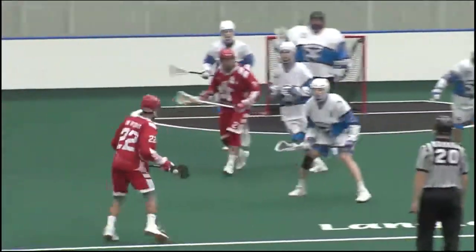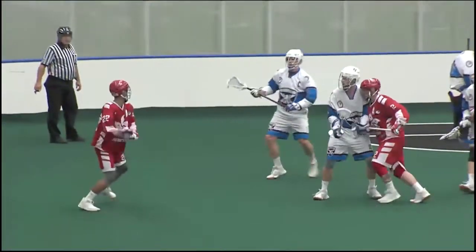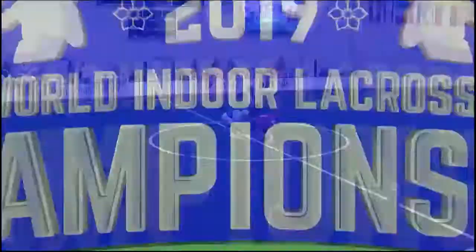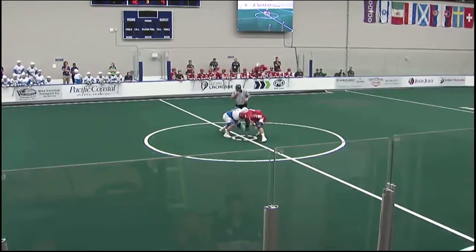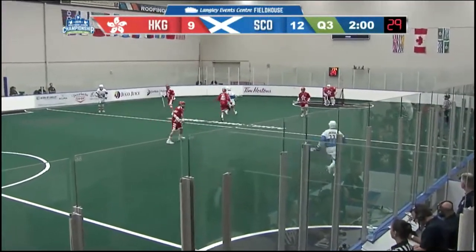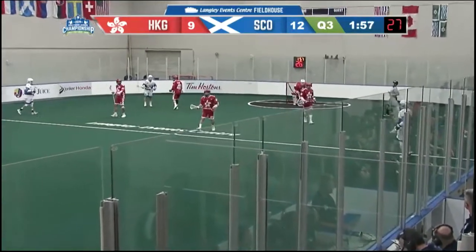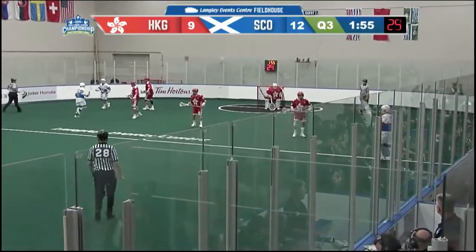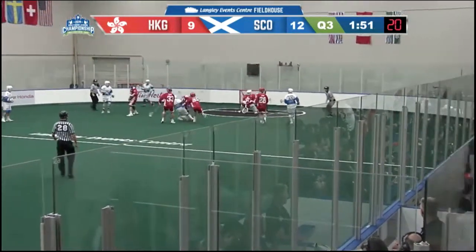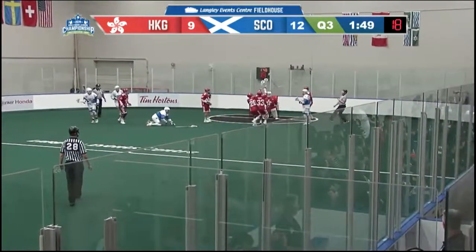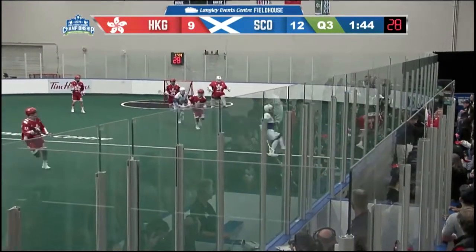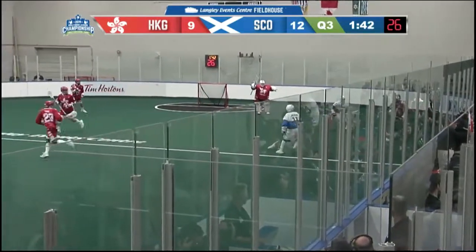Center of the floor, the pass there into the stick of Wong, and from the left side he beats McFeeters. Wong, second of the game.